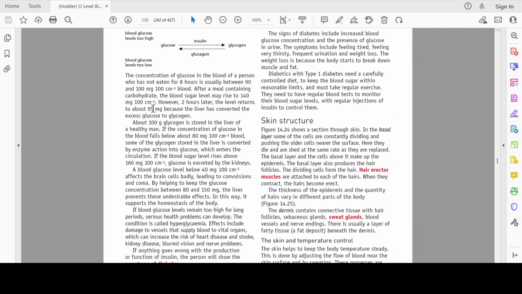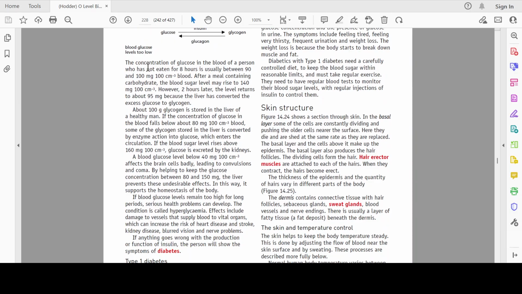Okay, so for someone who has not eaten for 8 hours, the blood glucose concentration is between 90 to 100 milligrams per 100 cubic centimeters of blood. After they eat, it may rise to 140, and after 2 hours of eating, it will come back down. If the concentration falls below 80, then glucagon is released, which will convert glycogen to glucose to maintain the blood glucose level. If the blood sugar level rises above 160,